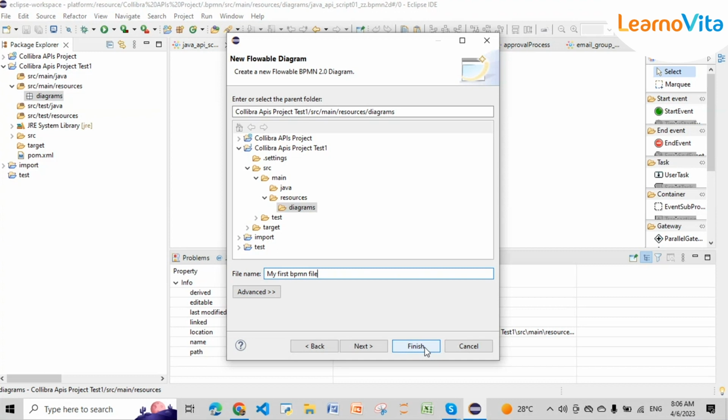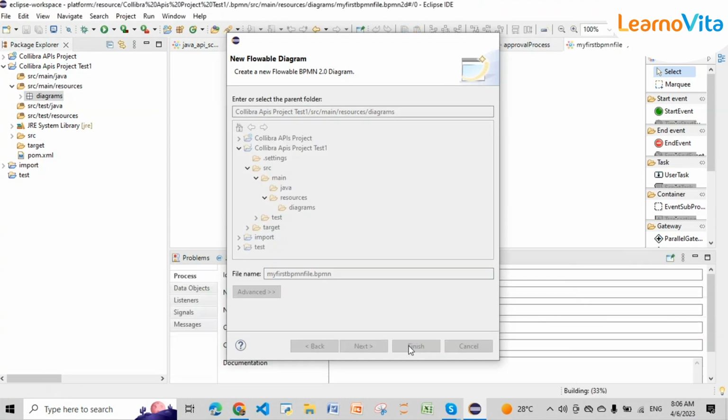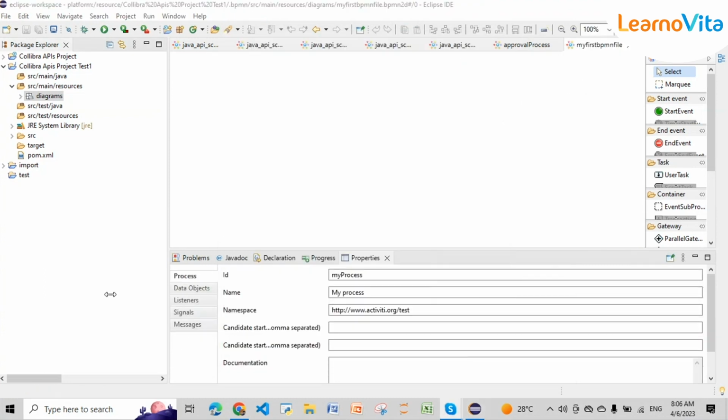Whatever we are giving here should be the process ID, like we'll be using that in the process ID. So it is better to avoid spaces and special characters in here. So I'm giving my first BPMN file name without any space, and I'm clicking on Finish. And then once this is done, I can see